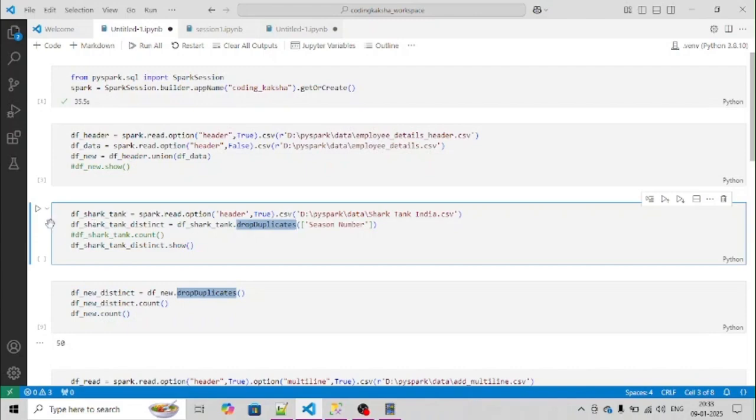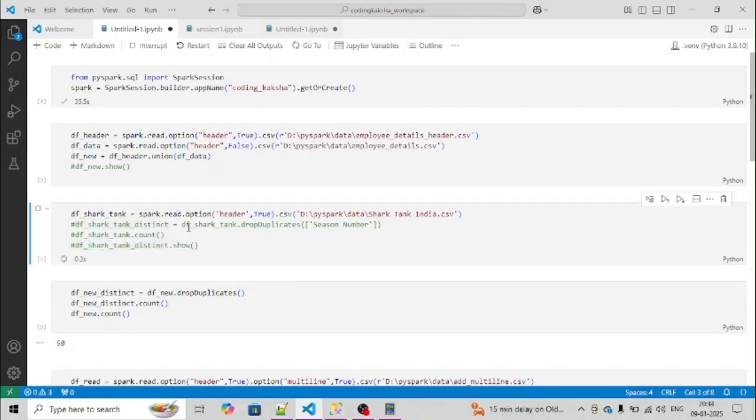Might be the records are duplicates, so how will we resolve that? Suppose I have another flat file, which has data of the Shark Tank, all the season data. So let's see how we will handle that. I have just given the Shark Tank location over here. I have given the header as true as of now, and I'm trying to read that file. So let's read that,